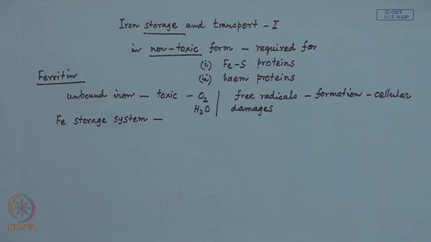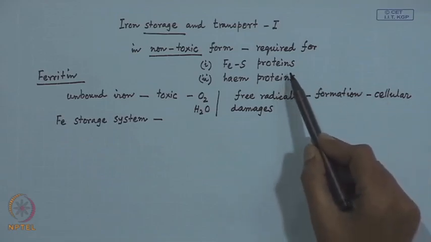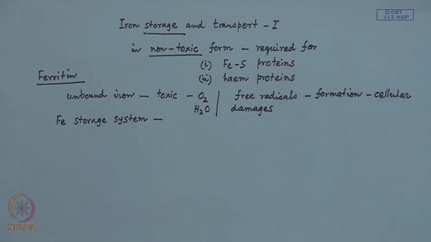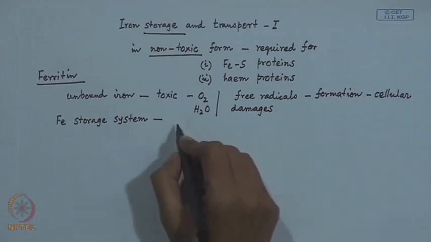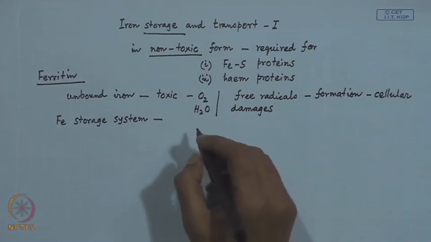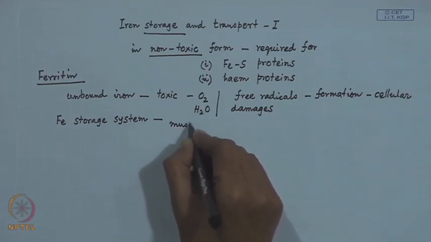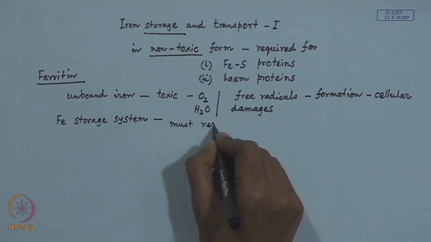And why do we want to store that? When we get this iron from our food material or any other supply source, it is immediately required for the synthesis of, say, iron sulfur proteins or heme proteins. We do not know how much iron we require for the synthesis of these protein molecules and how much iron we have in our system. So, there will be a continuous demand and supply process. These iron storage systems such as ferritin therefore must respond